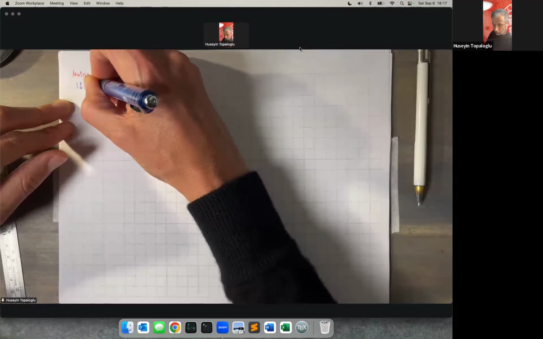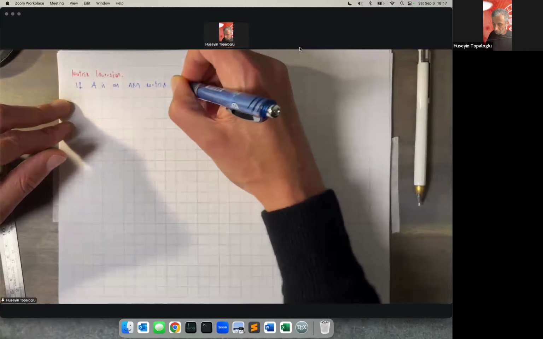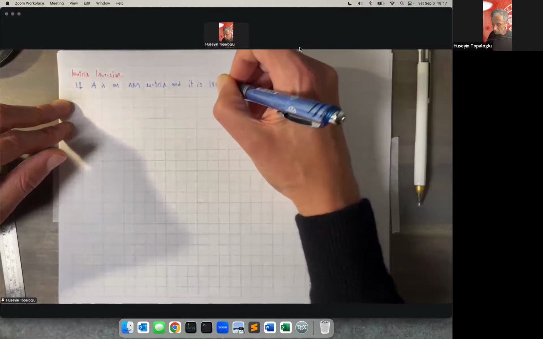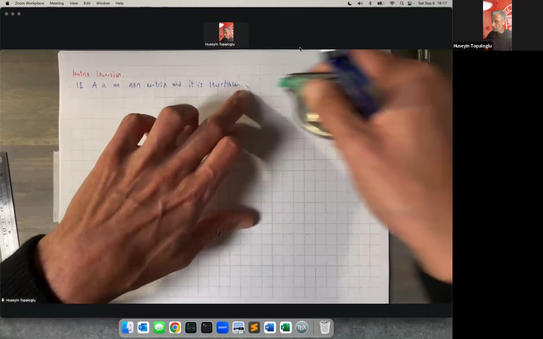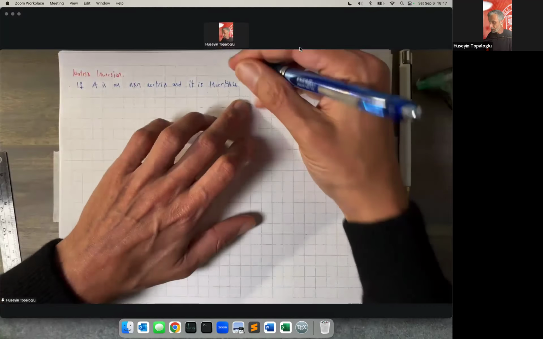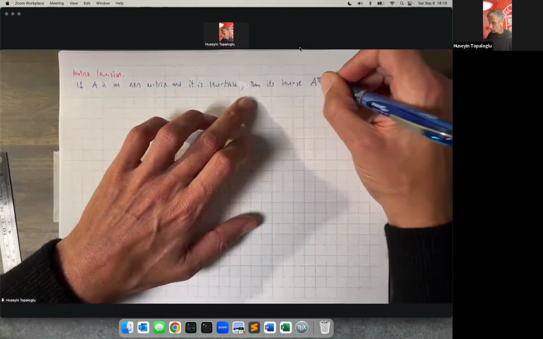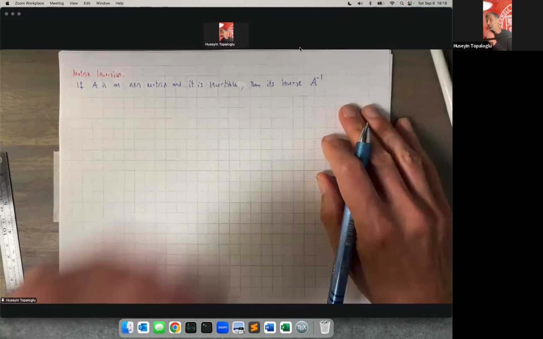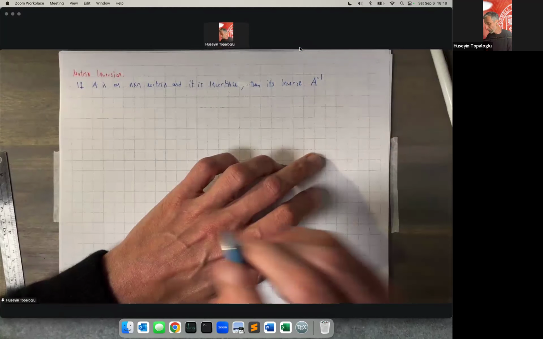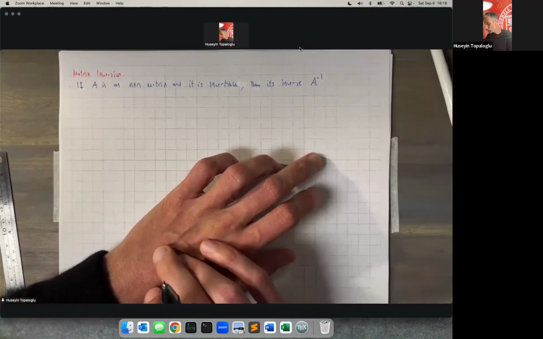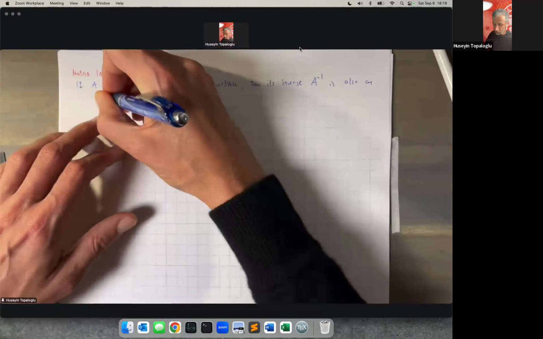So if A is an n by n matrix, and it's invertible, then its inverse, and we denote the inverse of a matrix as A superscript negative 1, is also an n by n matrix,